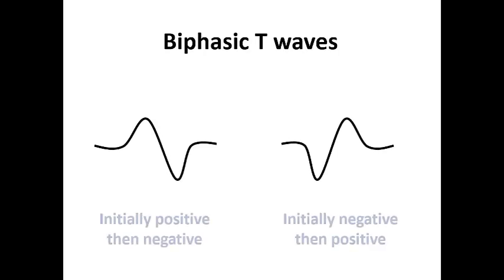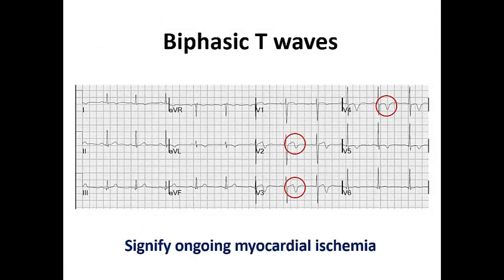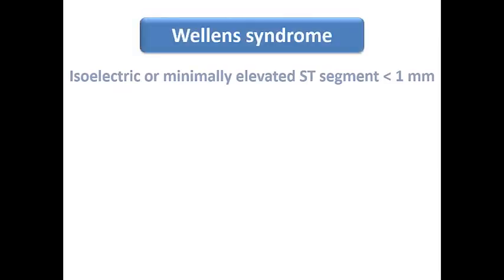We remember another morphology, which is a biphasic T wave, as it can start to be positive and then turn negative, or initially negative and then turn positive, so both morphologies are famous. In this ECG example, we can see biphasic T waves from V2 to V4, so mostly it signifies ongoing myocardial ischemia. And we remember the famous Wellens syndrome, which usually shows an isoelectric or minimally elevated ST segment, but it shows